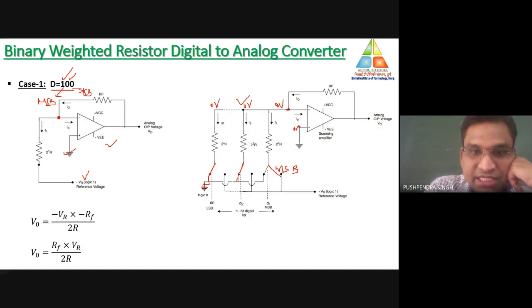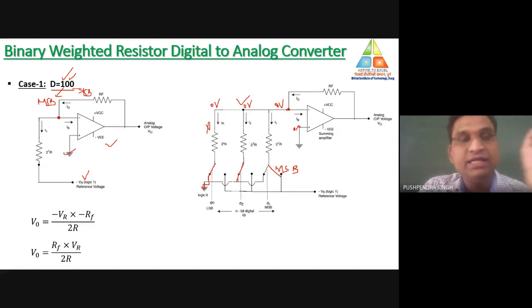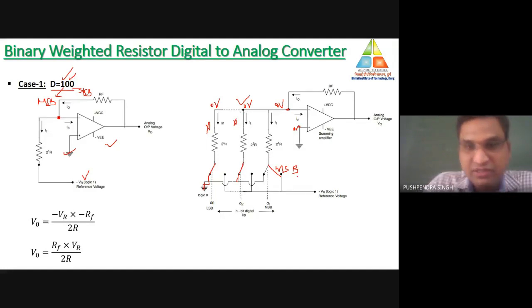When it is connected to ground, both terminals of the resistance are at 0 volt. That's why the value of current is 0. There is no current over here, that's why we have neglected this one. Here also, both terminals of the resistances are at 0 volt, so the value of current is also equal to 0. That's why these are not part of the final circuit. Only the first resistance will be part of the final circuit.